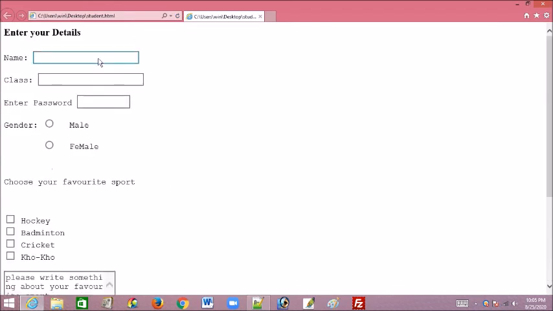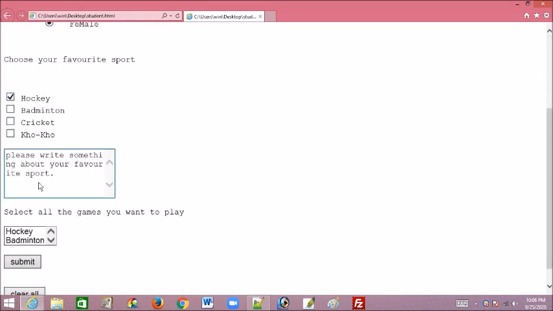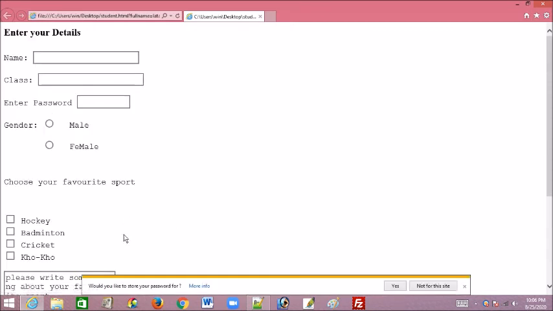So now again we'll see, Lata, 10th, password, something, female, favorite sport, and I'm not going to write it, I just selected and then submit. So we don't have anything here, actually we didn't connect it to some other output file.